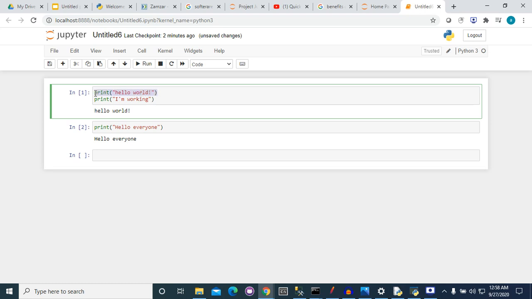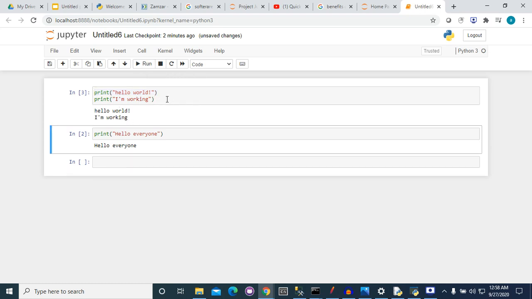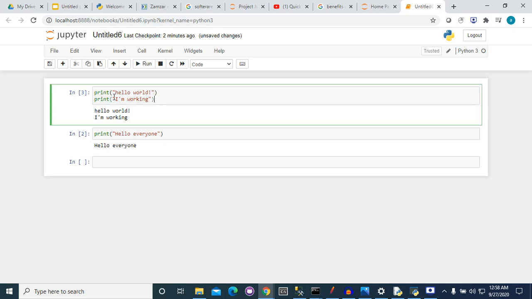I just had only one line, but now I have added one more line here, and I can run this as well. This can be done only in Jupyter Notebook. We cannot change the previous code in the command line interface.